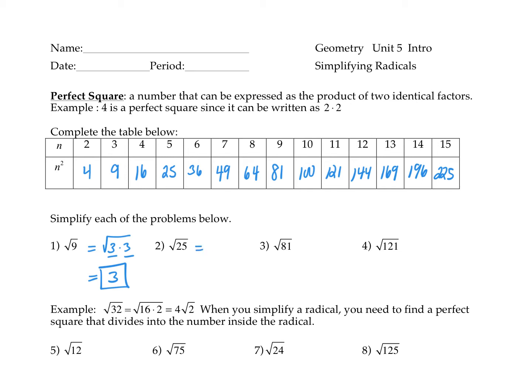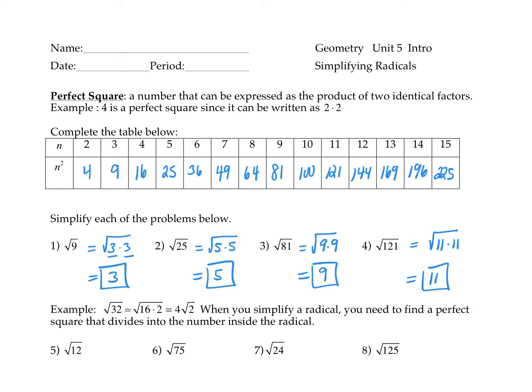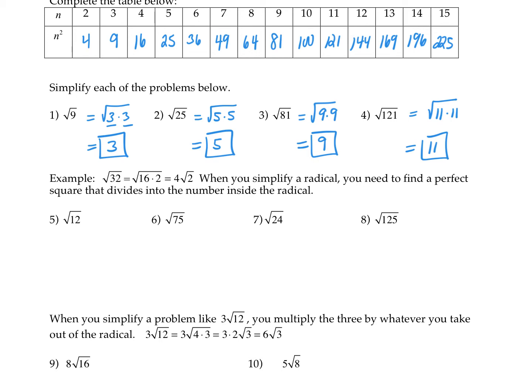The square root of 25 could be written as 5 times 5. So the square root of 25, we'll say, is just 5. The square root of 81 could be written as 9 times 9. So the square root of 81 is just 9. And finally, the square root of 121 could be written as the square root of 11 times 11. We use 11 as a factor twice. So 11 is the square root of 121. From now on, if you have a perfect square, you don't have to break it down into a product of